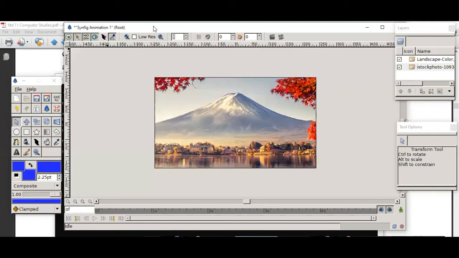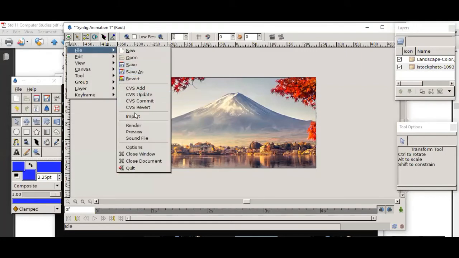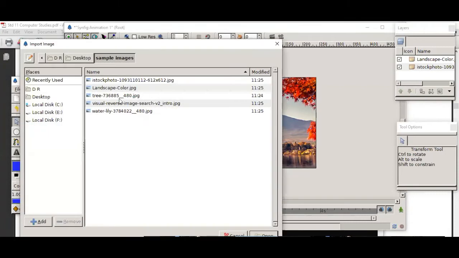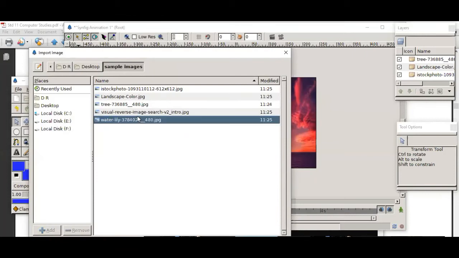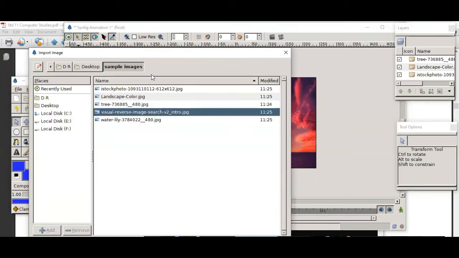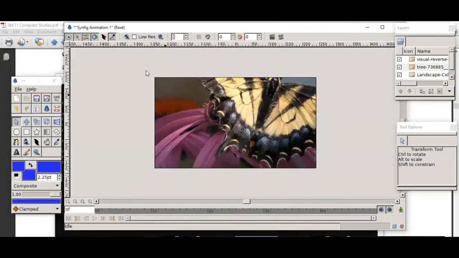Now one more I am taking. Fourth one. And one more I'm taking here.